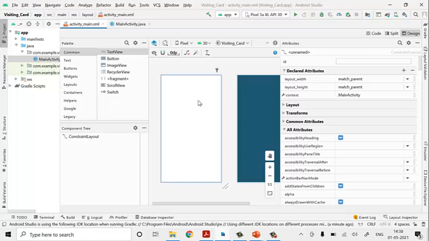In this layout, first I have to put an image at the right top corner, as they have said. So I'll go to Common. There will be an image. Just drag that image and put it here.